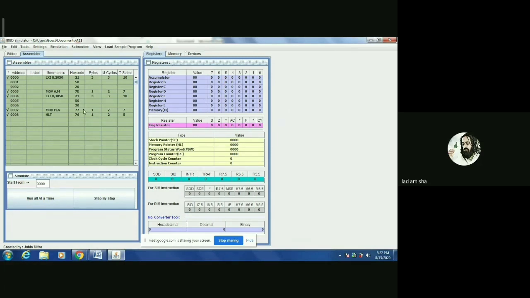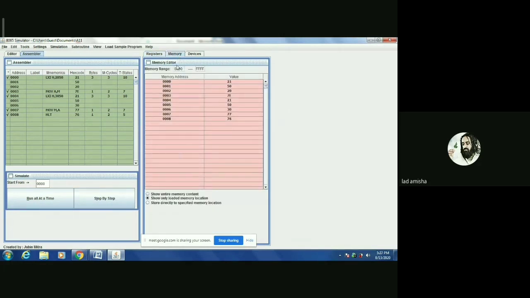Our program is related to memory, so we click on memory. Here all memory addresses used in your program will be shown. LXI is a 3-byte instruction, so 3 memory addresses are used, and they will be displayed.